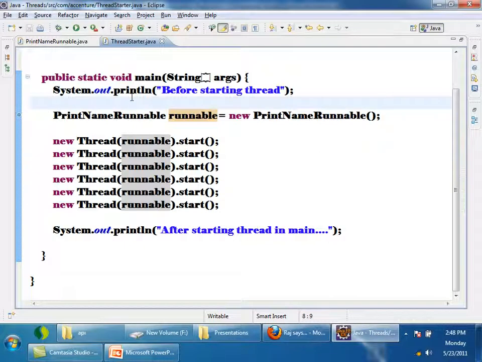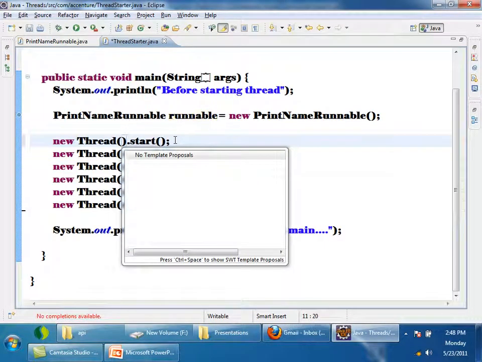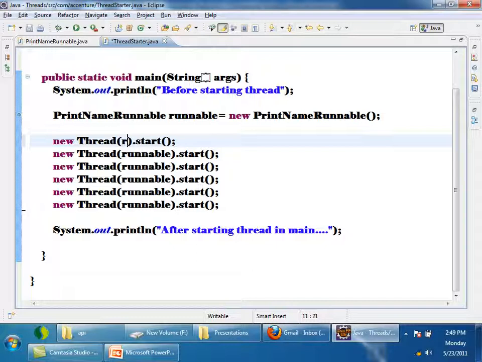I want to give my own name to the thread. By default it was giving thread 0, thread 1, thread 2, right? If I want to give my own name to a thread, see, there are a lot of constructors of Thread. There is a constructor which takes Runnable comma name. If I use this constructor, I will be able to give my own name to the thread. By default, if I don't give any name, it will be thread 0, thread 1 like that. So I will use this constructor. First parameter is what? Runnable.